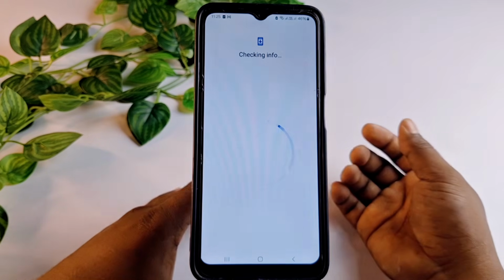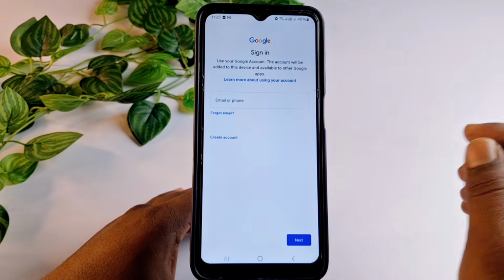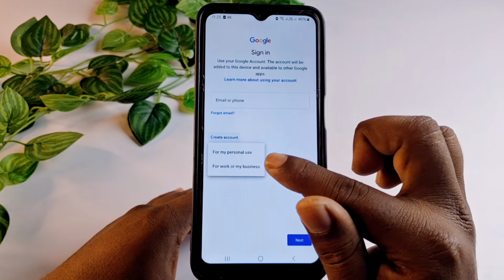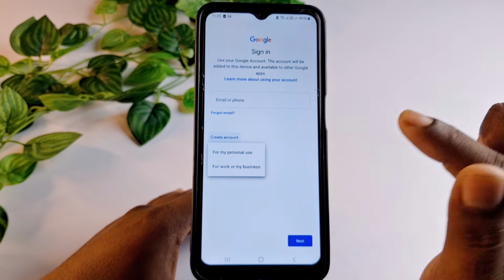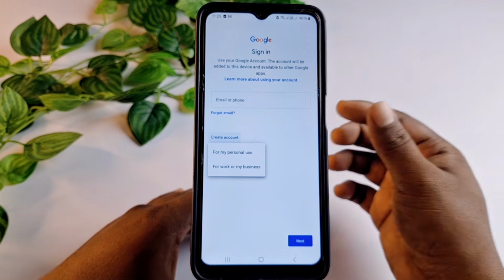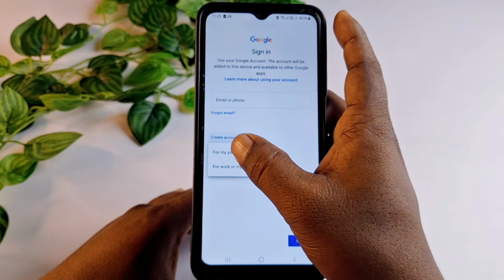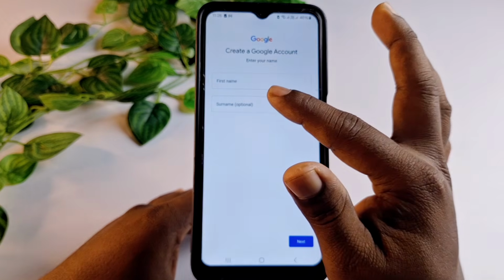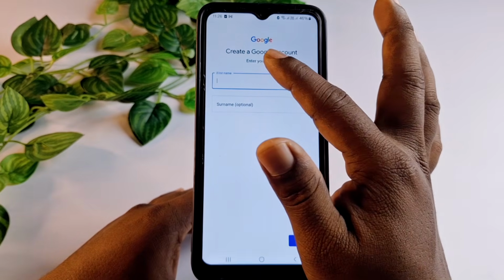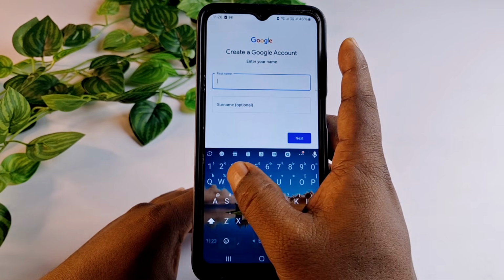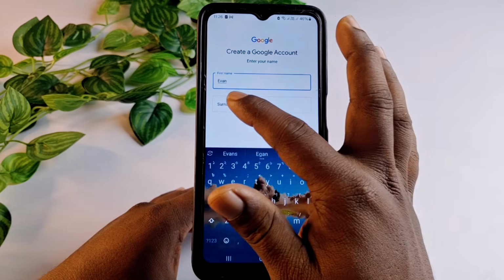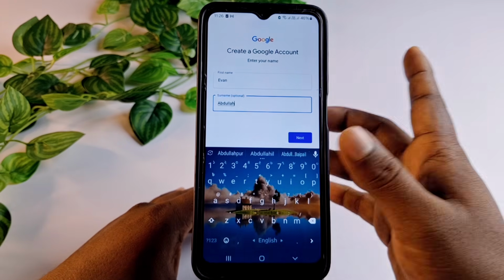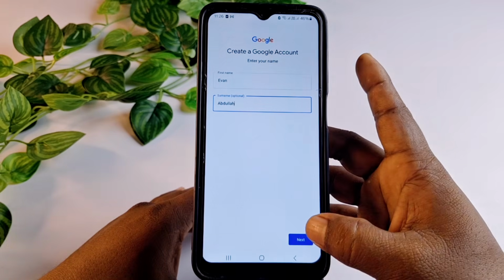then give here your phone password and then click here create account, this option. Then you can choose for my personal use, for work or for business. Okay, so I will create my email address for my personal use. So let me click here for my personal use and then give here your first name and surname, but surname is optional. Okay, so let me click here and let me give here first name and surname. Okay, so after that let me click here next option,